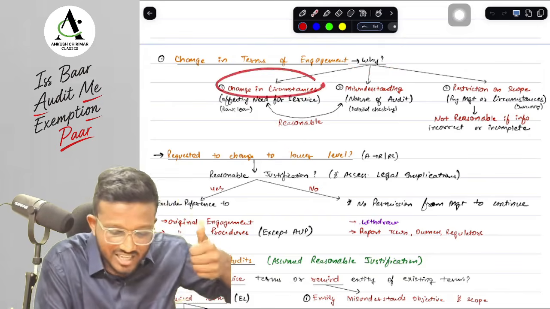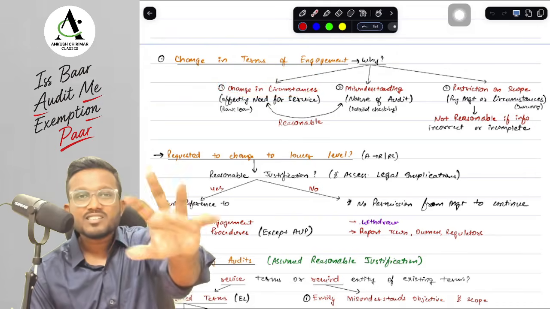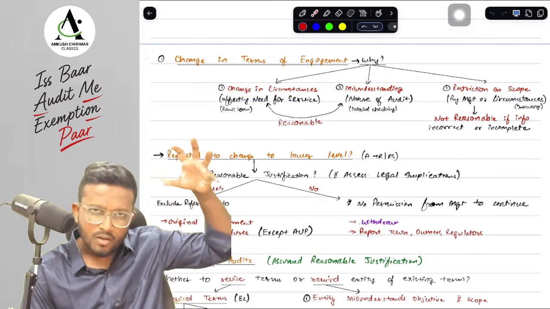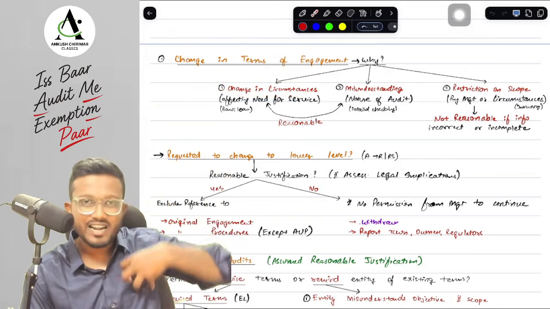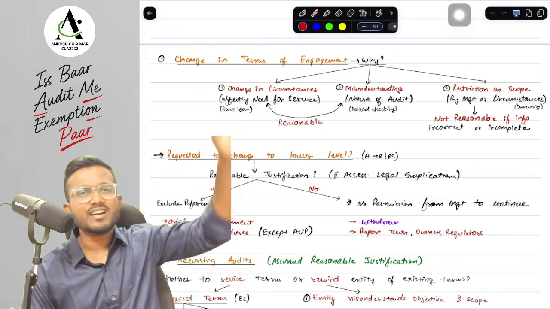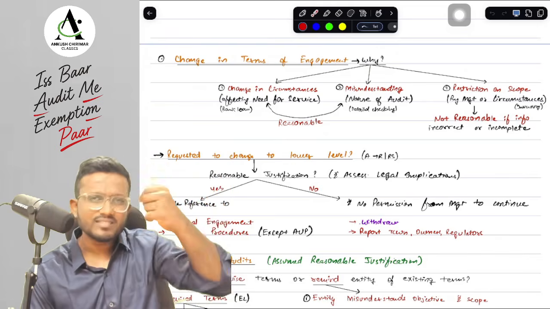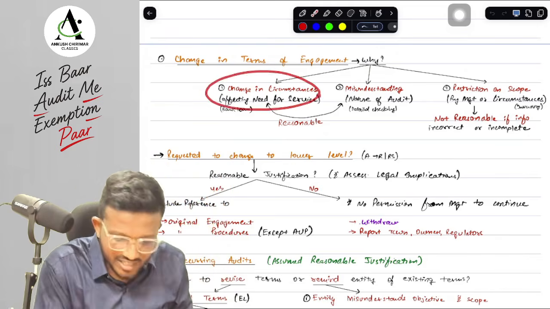First of all, there is a change of circumstances. Now the management does not need the services. Suppose there was a bank loan which the management wanted to take. For that, the bank had a condition to do the audit, and that's why the management was doing the audit. Now the bank does not have that condition, so we do not need to do the audit. So the management is changing to related services. They are saying that you don't need to do audit now. So there is a change in circumstances.